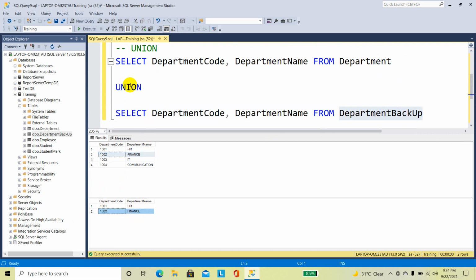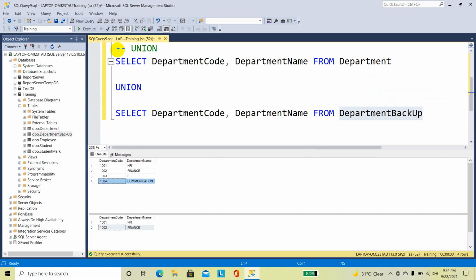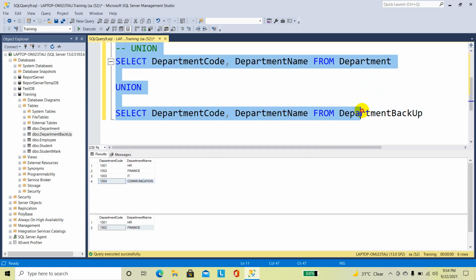So when we apply union, we will get only distinct records. 1001 HR, it will take only once, and 1002 finance also it will take only once. 1003 IT and 1004 communication exist only in the department table and it will take those records also. So when we apply union and execute these 2 statements, we will get only 4 records.